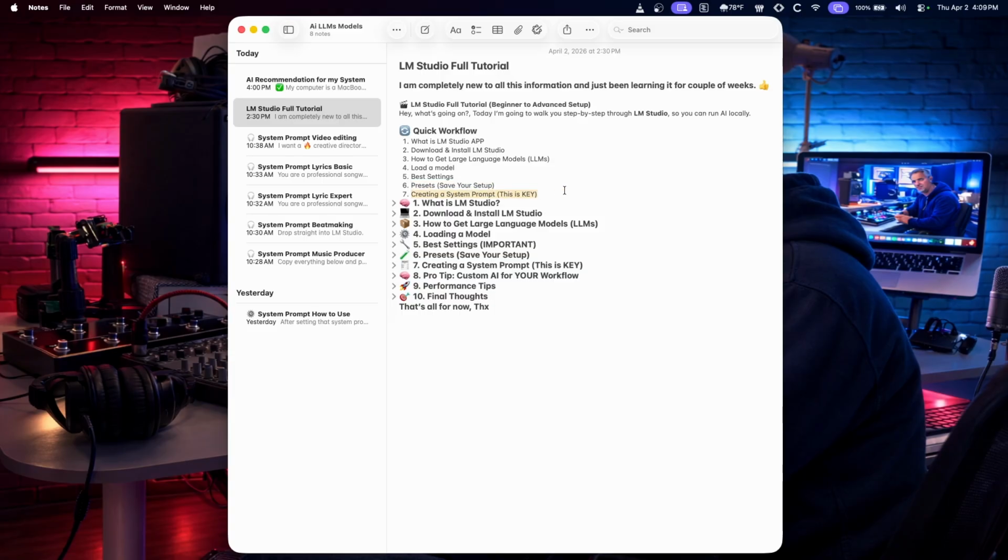How to create a prompt. What a prompt does is, if you want to create lyrics for a song, you tell the AI model how you want that song to be created. I'll explain it a little later on. Okay, so